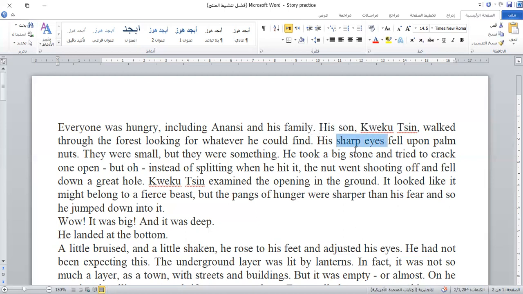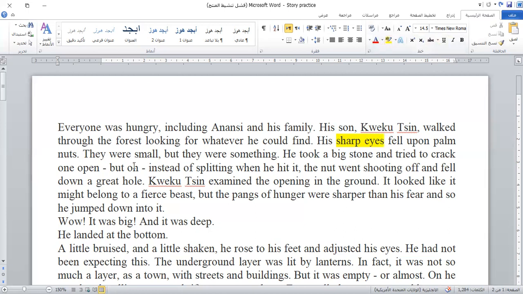Now, by describing him as having sharp eyes, we get this understanding that this kid is smart. This kid is not manipulated easily. This kid sees clearly. His vision is not clouded by anything.